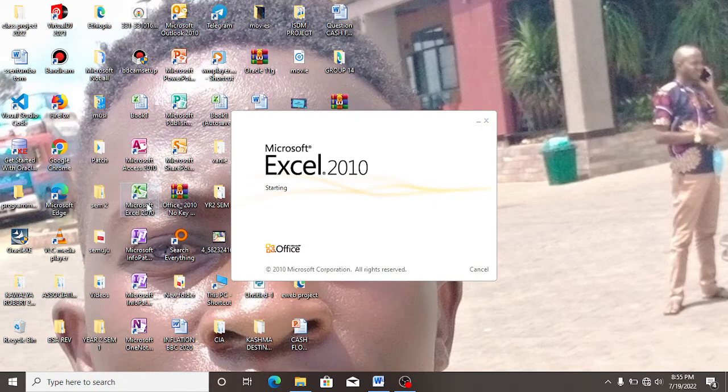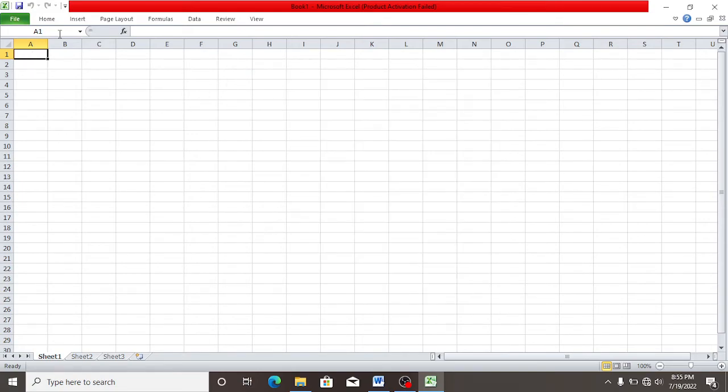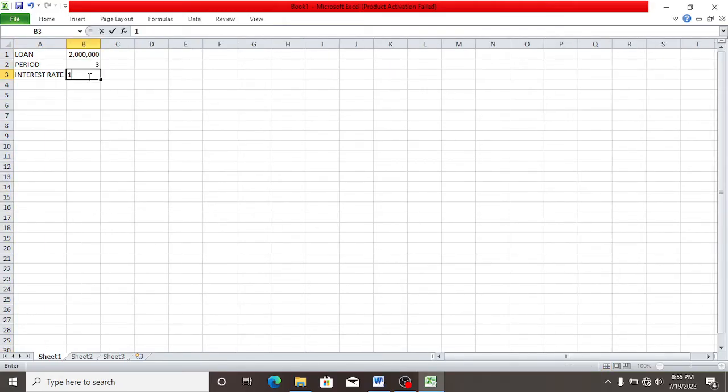Okay, so the loan, it is 2 million, and then the period, it is 3 years, and then the interest rate, it is 13%.